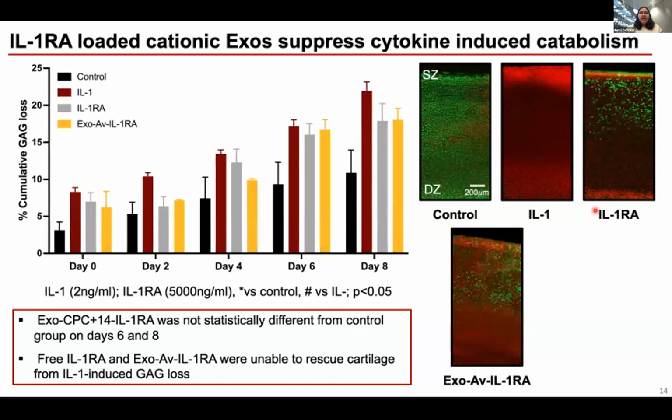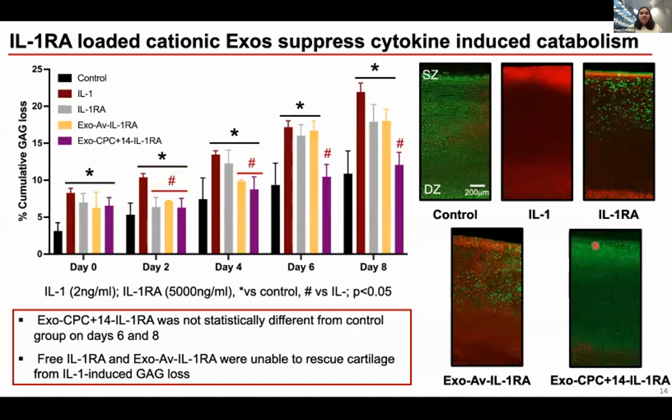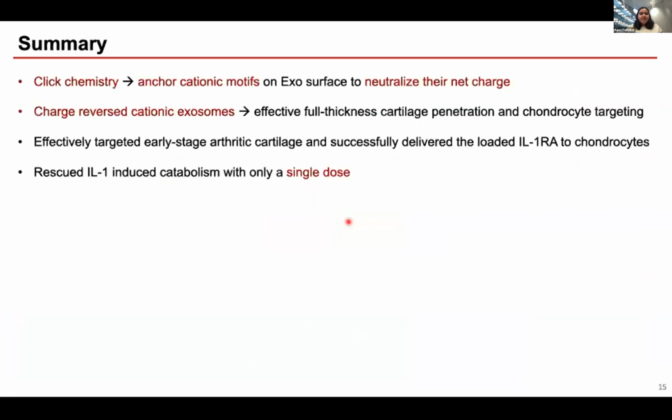Similarly, exo-avidin IL-1RA was also unable to rescue the cartilage from IL-1-induced GAG loss, perhaps owing to the poor transport property, as I showed earlier. However, ExoCPC+14 IL-1RA was able to bring the GAG loss levels down close to control levels. In fact, on day 6 and day 8, there is no significant difference between the control group and ExoCPC+14 IL-1RA. To summarize, we for the first time engineered cationic exosomes using click chemistry to anchor cationic motifs on